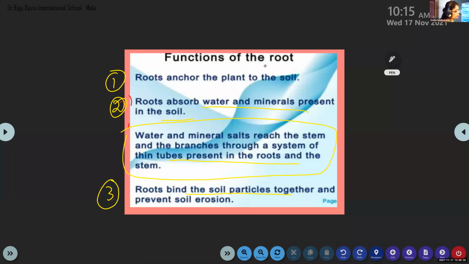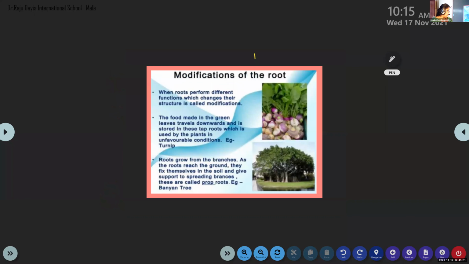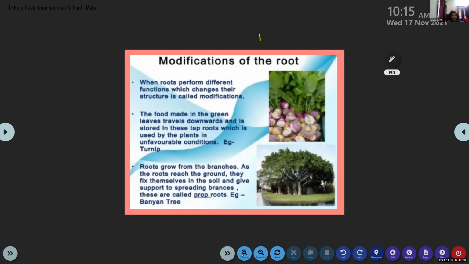Okay, children, shall we move on to the next one? Now, children, another peculiar feature: carrot, radish, beetroot and turnips you get from the root, correct? Carrots, actually, are taproots turning into vegetables. So roots change. No need of writing, only for your knowledge, because that is not in your textbook, but this is also a function of the roots.